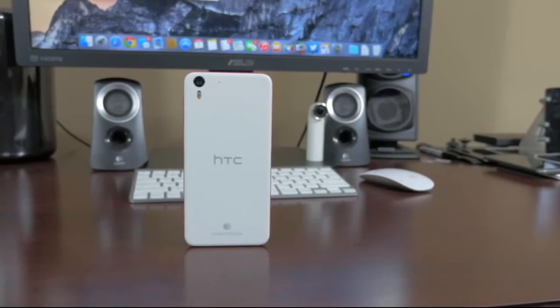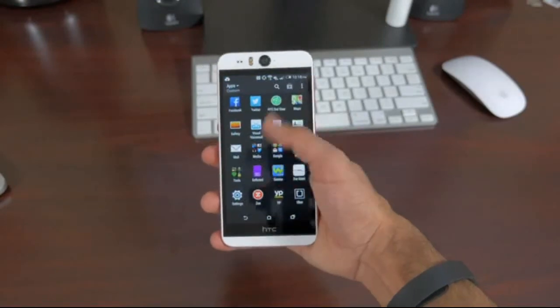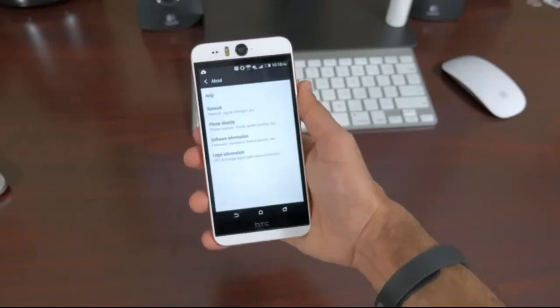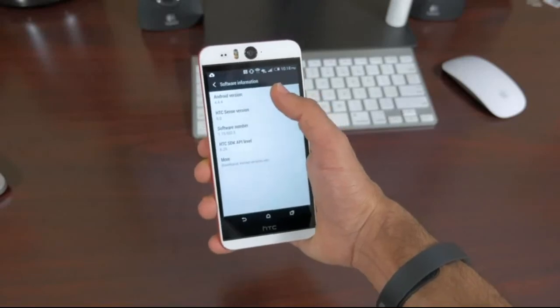And once this guy is fully booted up here, we're running Android 4.4.4 KitKat, and it feels pretty similar to all the other HTC devices that spawned in 2014. So I'll definitely put the HTC Desire Eye in for the review and check out all of its great features, including its 13 megapixel front and rear facing cameras, because you know how much I love